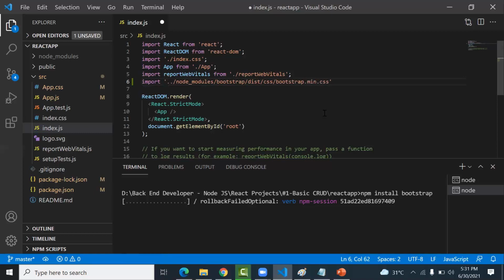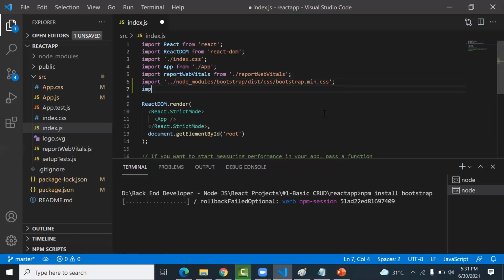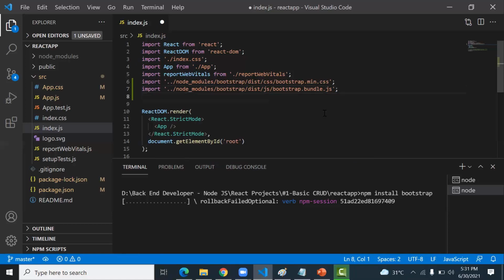This way you can access the CSS of Bootstrap. As well, you can import JavaScript. So if you want to add JavaScript, that also you can import here from the node_modules bootstrap library. Then from the dist, from the js, you can access bootstrap.bundle.js.